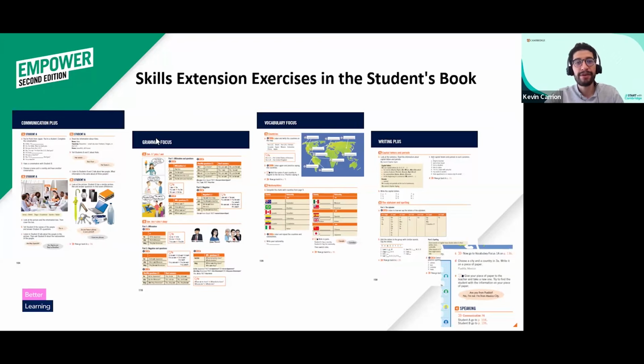Then we have grammar focus, so again, you have the rules of the grammar of the target language and some extra practice. You have vocabulary focus, dealing with the vocabulary lessons. And we have writing plus, as a support for writing skills. So again, where are you going to find these skills extensions? At the end of the student's book.